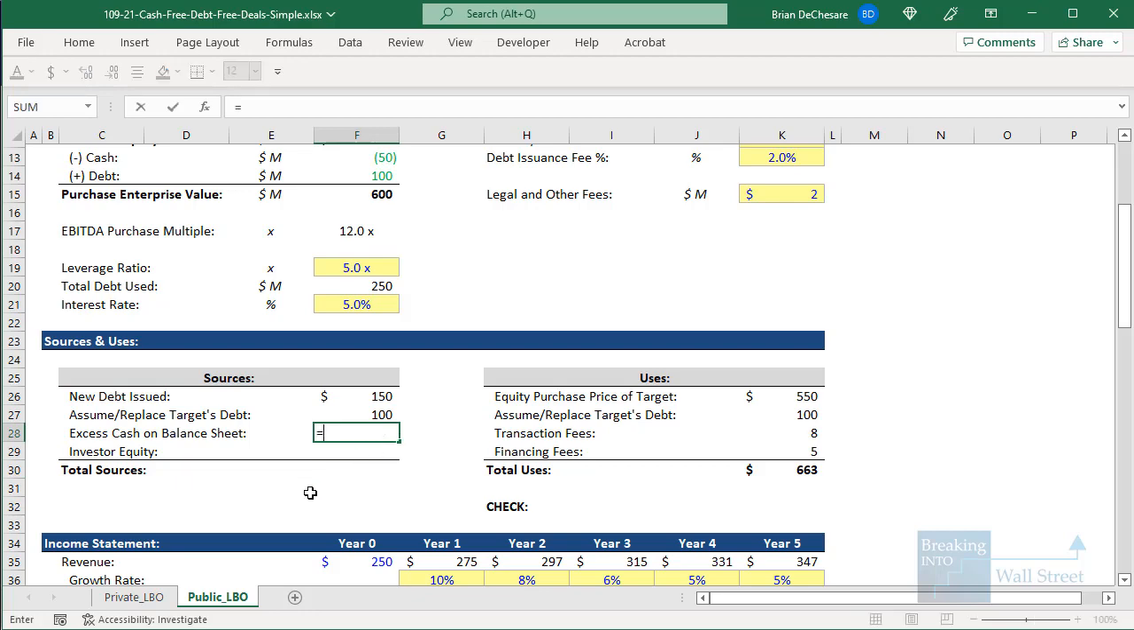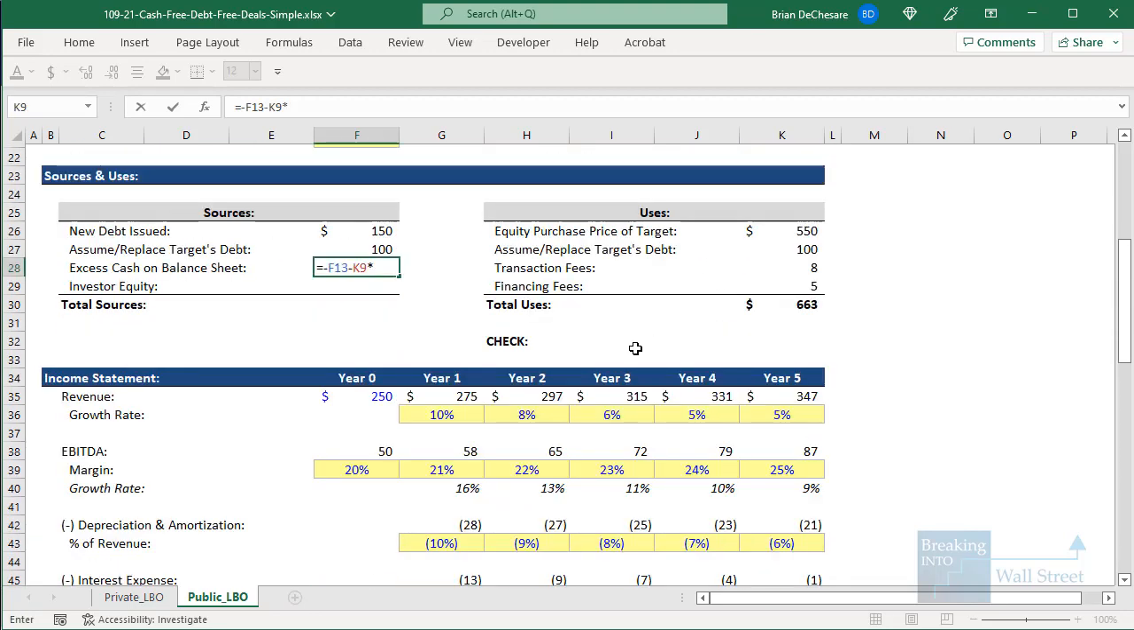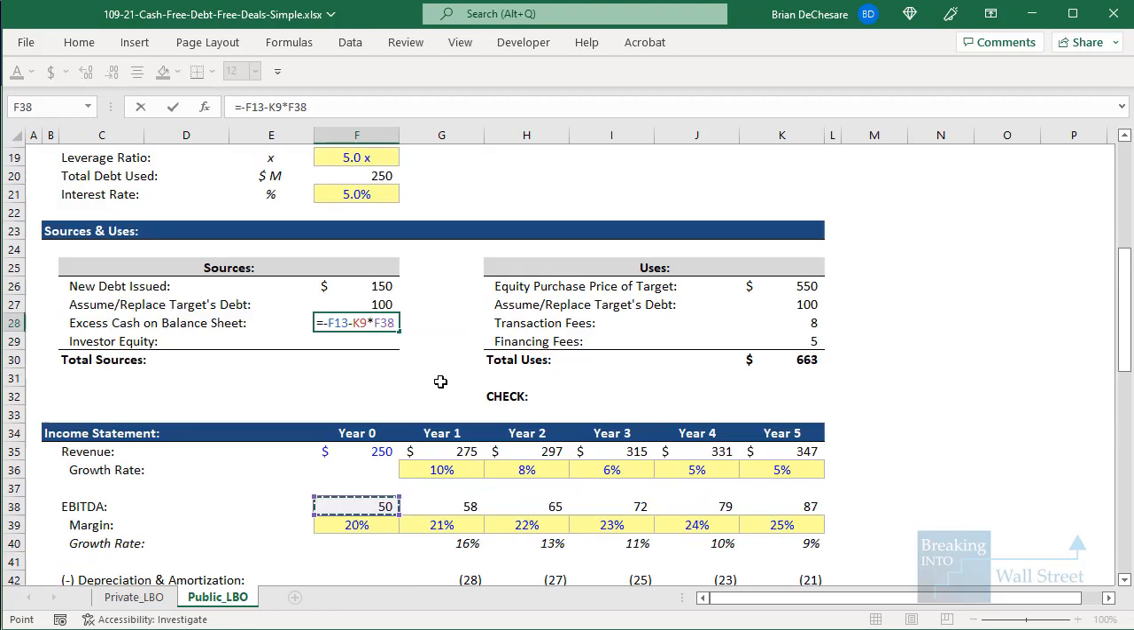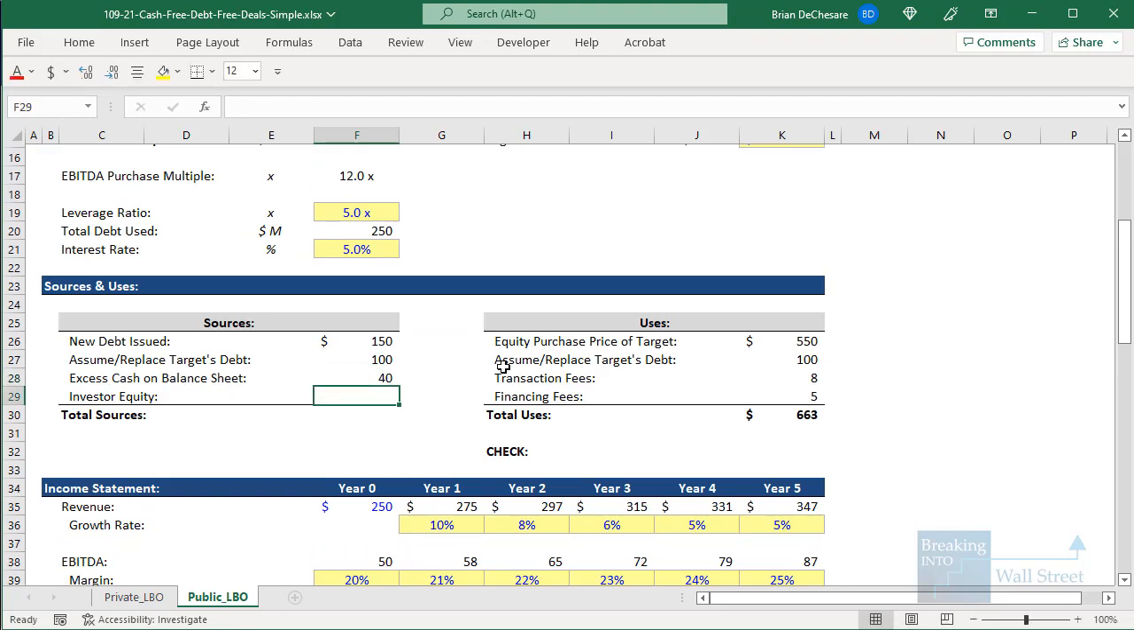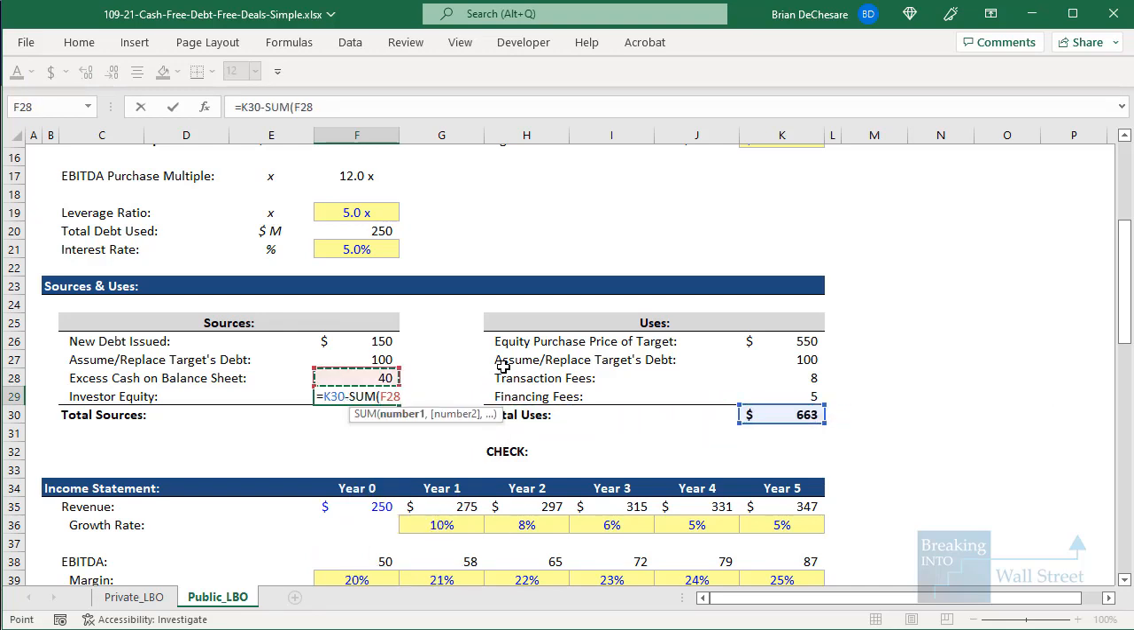For the excess cash, we can take the company's cash balance up here, 50 million, and then we can subtract their minimum cash. So the minimum cash is 20% of EBITDA. We'll multiply by EBITDA in year 0. So we get 40 million of excess cash, and then investor equity once again acts as the plug. So we'll take total uses and subtract our sources so far, add these up, and once again,